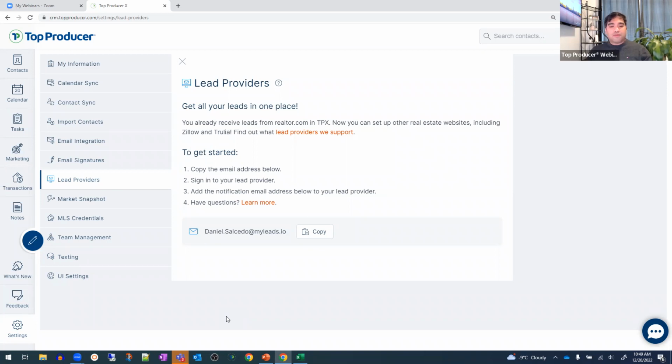But what Top Producer X does on top of that is you can set up what we call an automated lead response plan, where not only will it send that initial response, but you can set up that plan to send another text 30 minutes later, another email 2 hours later, right? So that you have that persistence. Sometimes it takes like 8, 9, 10 messages before a lead finally pays attention and has time to reach out